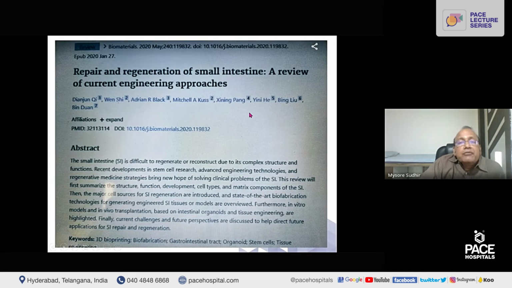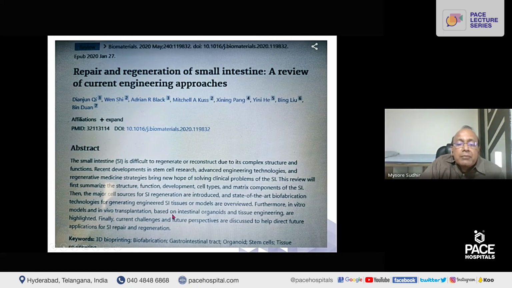Now, what is in store for the future? There's repair and regeneration, which has come in biomaterials in 2020. Repair and regeneration of the small intestine has been tried. I'll just read this out. To regenerate or reconstruct, imagine reconstructing in a lab, due to its complex structure and functions. Recent developments in stem cell research, advancing engineering technologies, and regenerative medicine strategies bring new hope of solving clinical problems of the small intestine. This review has reviewed the structure, function, development, cell types, and matrix components of the